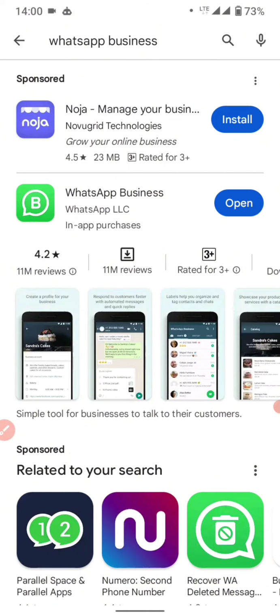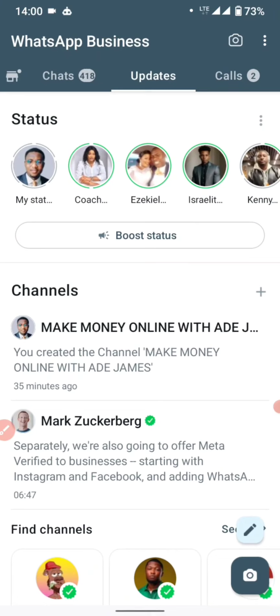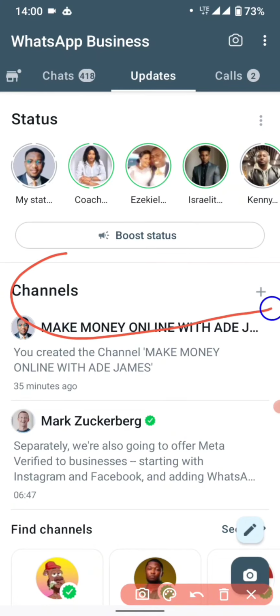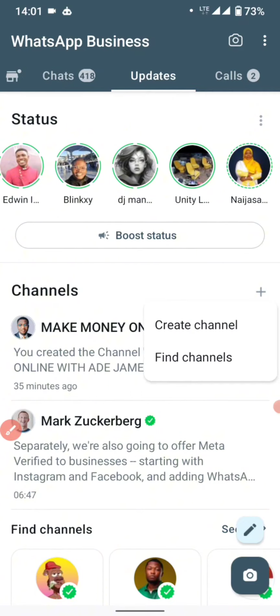So after updating your WhatsApp, go to your WhatsApp. You see something like this. So this is channel. This is where you see your status update now. You click on this icon. Alright, click on create channel